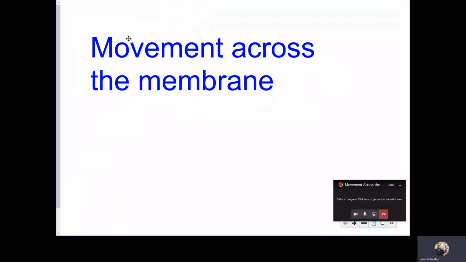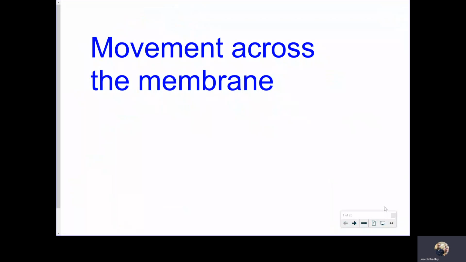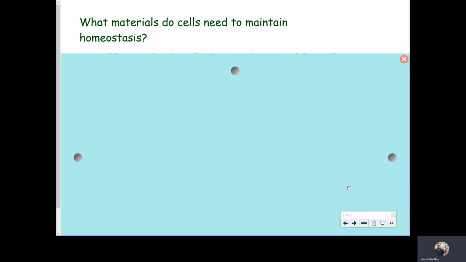Hello, this is our lesson for AP Biology from Unit 2 on cell transport across the membrane. So the first thing we talk about are the actual things that the cell needs in order to survive, in